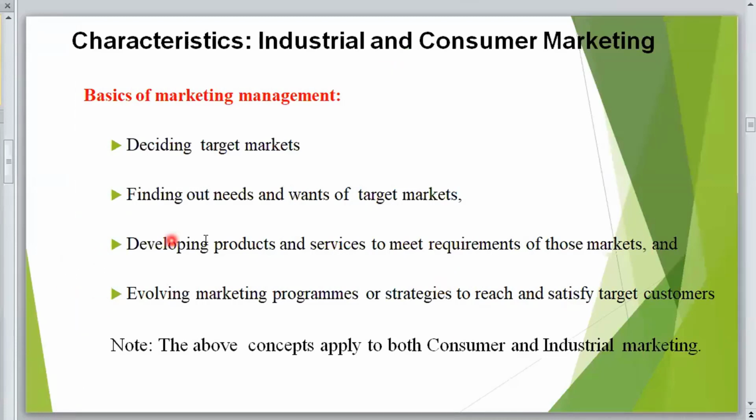እንግዲህ እነዚህ ናቸው የማርኬቲንግ ፕሮሰሱ። ፍላጎታቸውን ካወቁ በኋላ ፍላጎታቸውን ሚት ሊያደርግ የሚችል ፕሮዳክት ማምረት ይሆናል፣ developing a product and service to meet the requirement of those markets, evolving marketing program and strategy to reach and satisfy the target market።